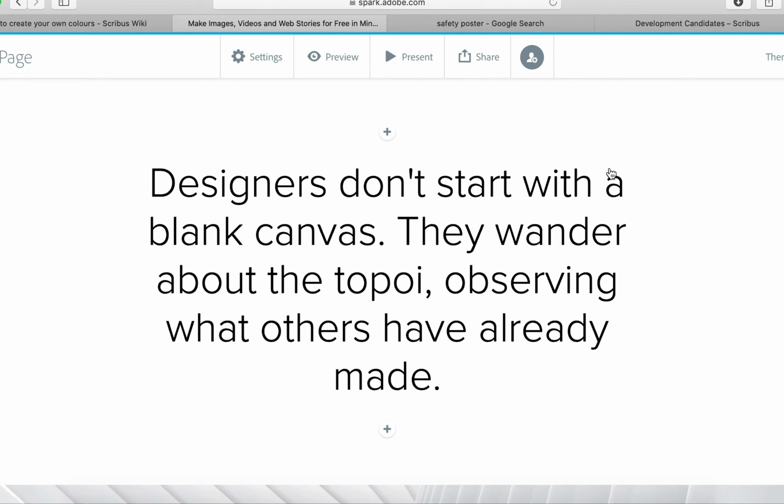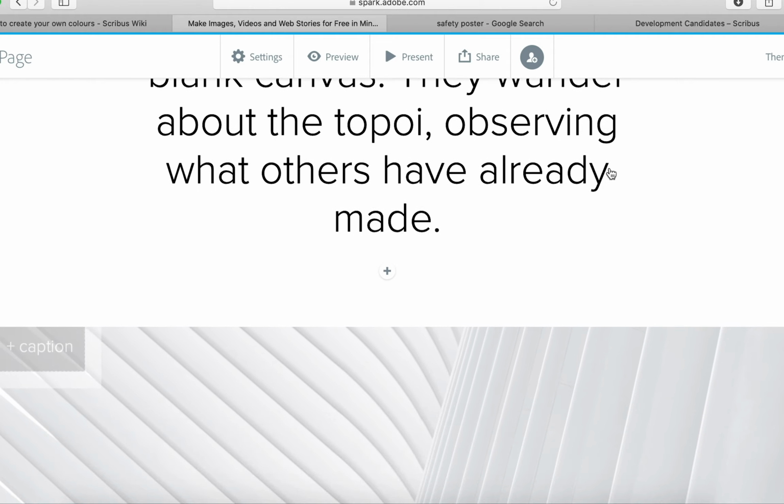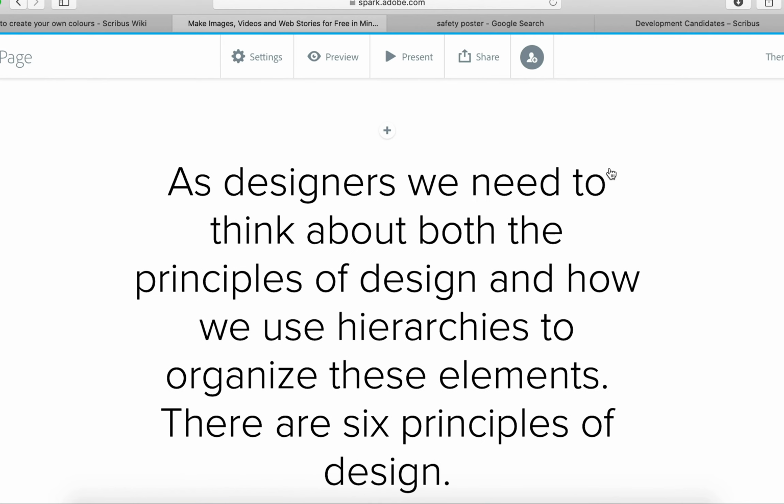So remember, designers don't just start with a blank canvas. Go out there and find a model that you can work from, something that's going to be inspirational to you. And remember that when designers work, they're working from their design principles, these concepts that they've learned to help them order spaces, but they're trying to design